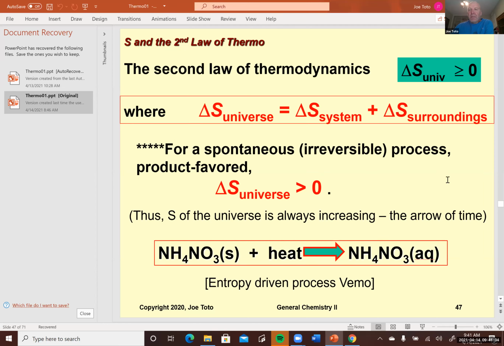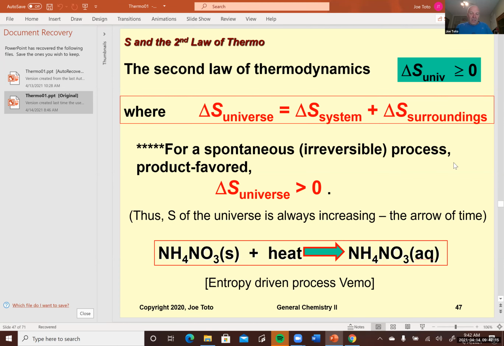Anyway, on this plate, we see that the driving force, or the thing to look at as far as spontaneity of any process in the universe, is to see whether entropy is created. If entropy is created or predicted to be created in a process, then thermodynamically that process is said to be spontaneous. Now, when we apply it to a chemical reaction, we're saying that it's product favored.